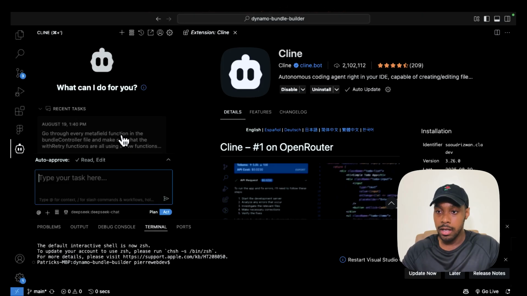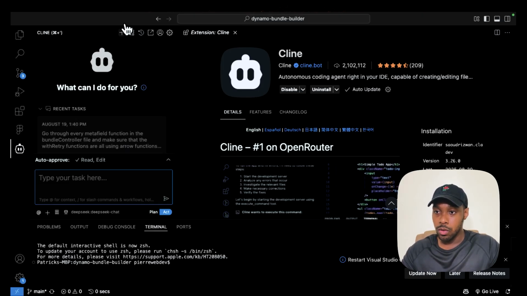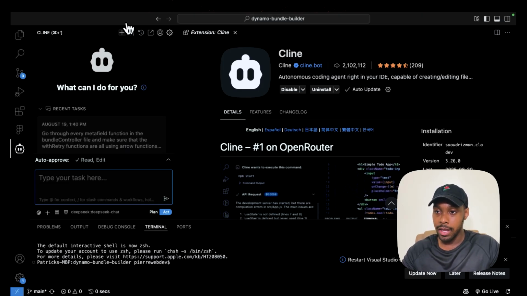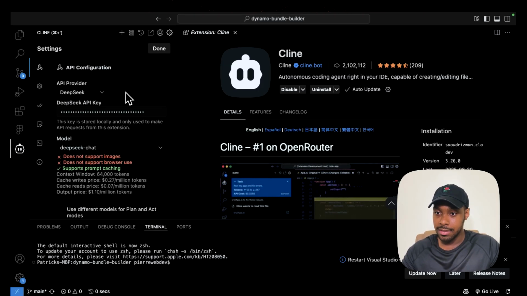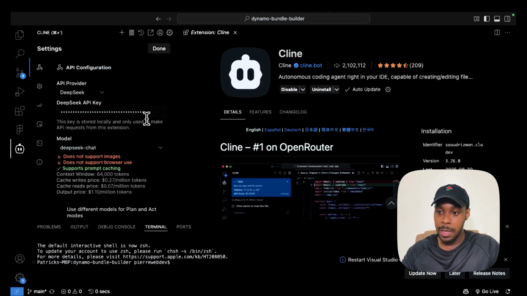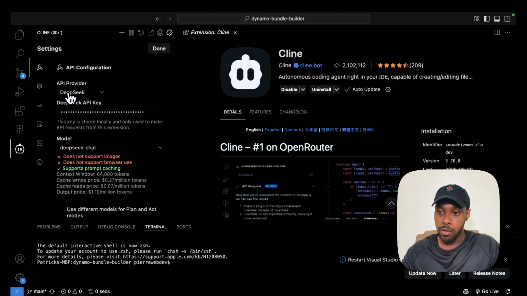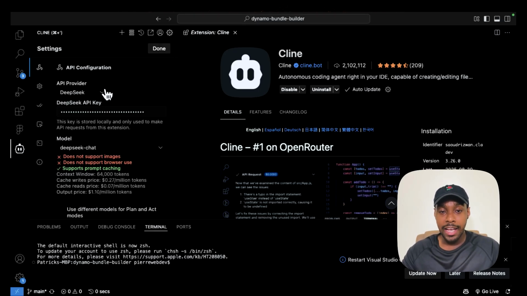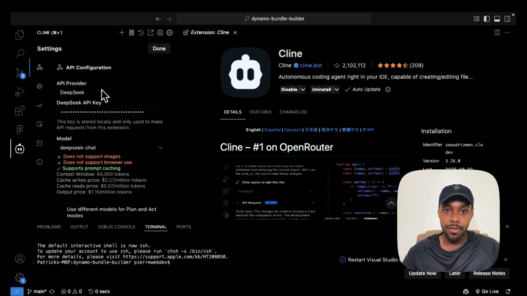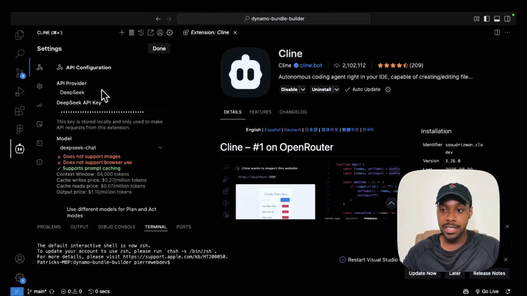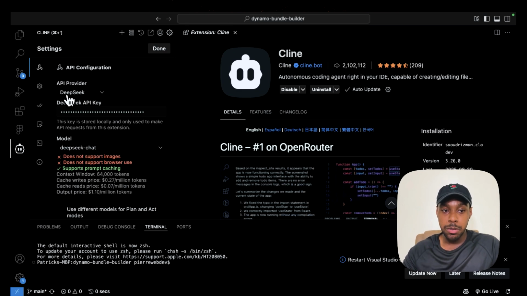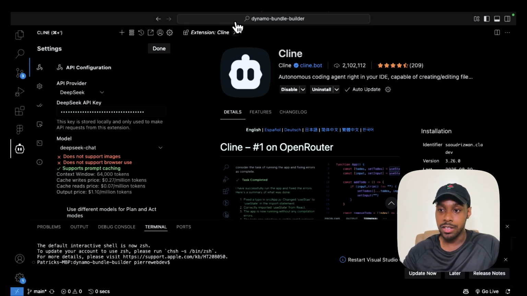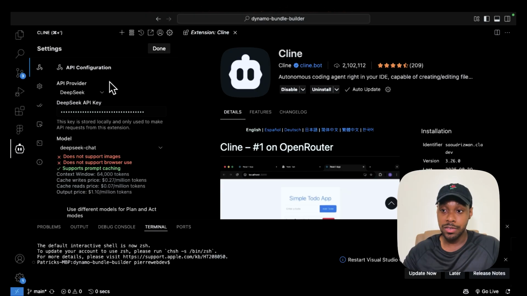So right here, it's really cool because if I go in and look at the settings, you can see I have an API key provided here from a platform called DeepSeek. You might have heard about DeepSeek if you spend any time on Twitter or LinkedIn. Maybe someone's mentioned it. DeepSeek is an AI model that comes from China that's supposed to be a ChatGPT alternative. In my opinion, I think it works really well.